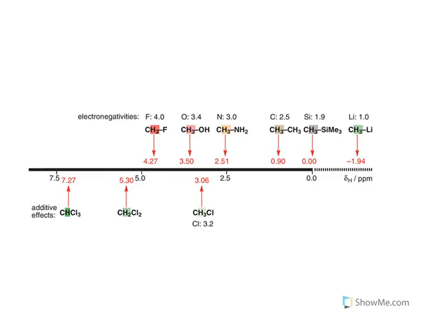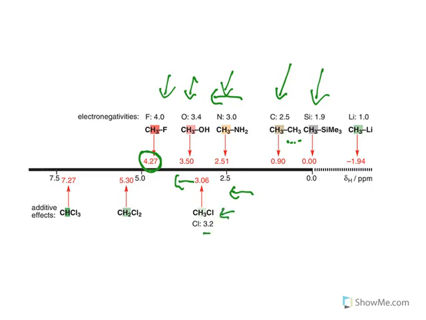The same thing, see, tetramethylsilane, we get a signal at 0. Now carbon electronegativity is 2.5, right? So the electrons will be surrounding this proton. Now nitrogen, 3, electrons will be moving away, so the signal is moving away from TMS. Oxygen, 3.4, further it is moved away. Fluorine, 4, so see, it has moved even further. This gives you an idea about the effect of electronegative atoms. Now similarly, you have additive effects. With 1 electron withdrawing group, you will get a signal here. With 2 groups it increases, 3 groups even further increases. All these things are just to give you a brief idea.